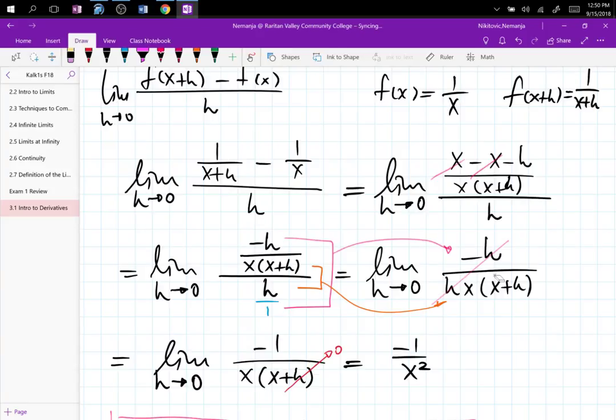How would the wording of the problem on a test read? Well, the wording would just say find the limit, right? I'm not going to say find the derivative. That's the difference, because when you see find the limit, you know you just have to solve the limit. In chapter 3 on an exam, I would say find the derivative using the limit, because we are going to have far cooler ways to find derivatives. That will be up to you.